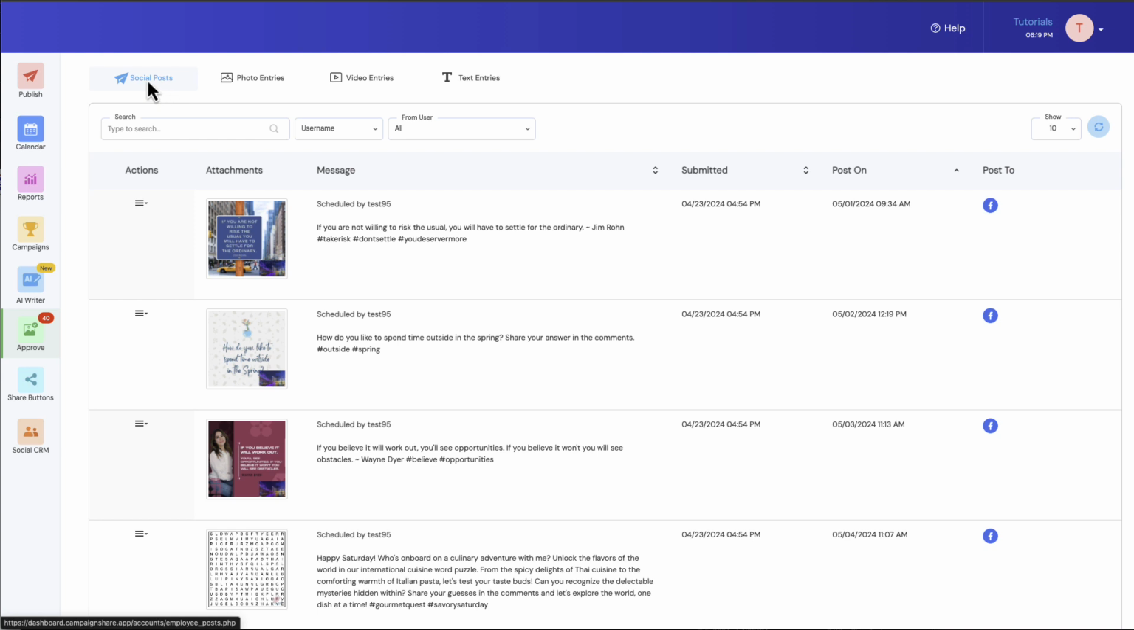So the social post is going to be the default one. It's going to show you all of the social posts that are being held for approval. And what you could do here is you could click the actions and you could approve it, edit, or delete it. The reason I think this is good for those types of people is you can also,